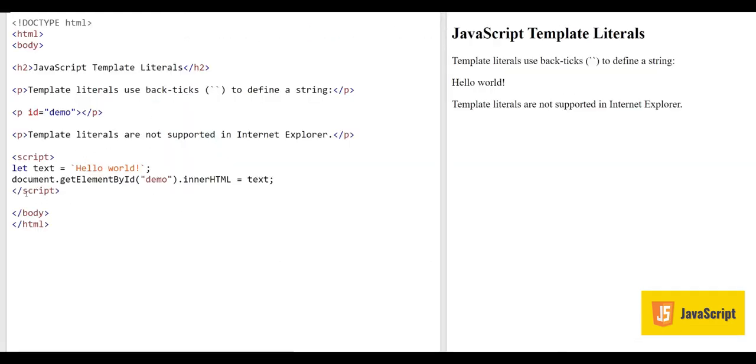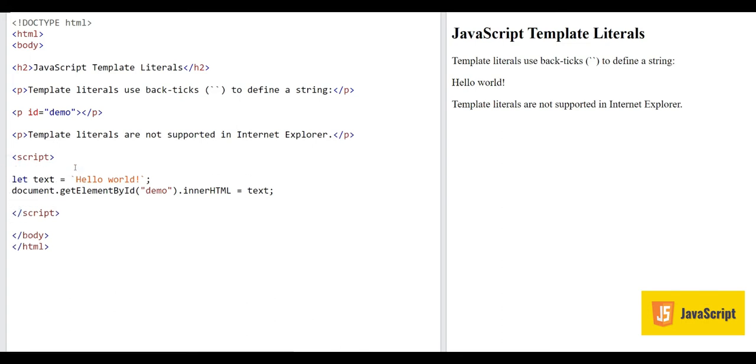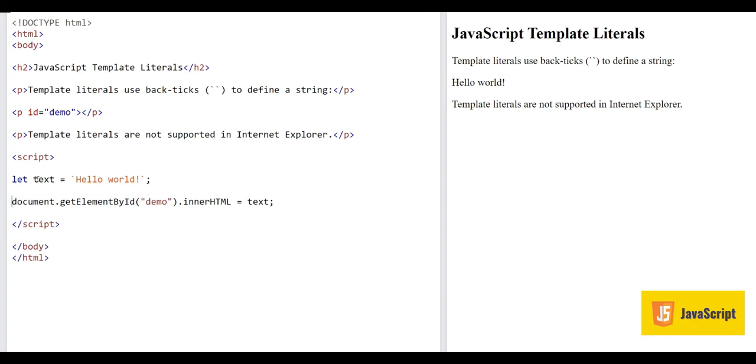So here we have a small HTML page, and we have our JavaScript code here. We have created let text is equal to hello world. This is our one string and it stores the hello world text, and we are using backticks, right? Then we are showing this text through this demo id p tag, or paragraph tag, and the result is on the right side. You can see it shows hello world. Okay, so it shows like a normal